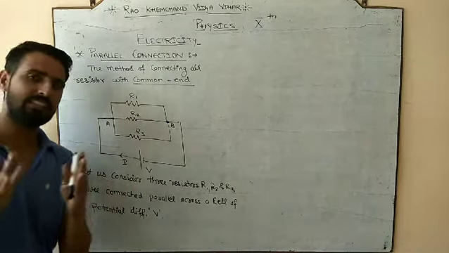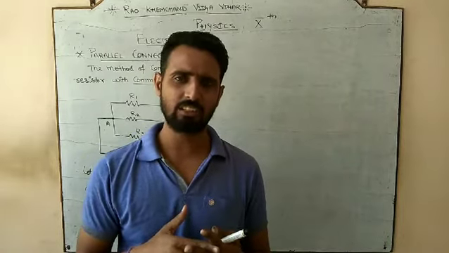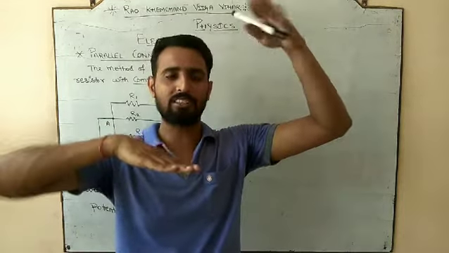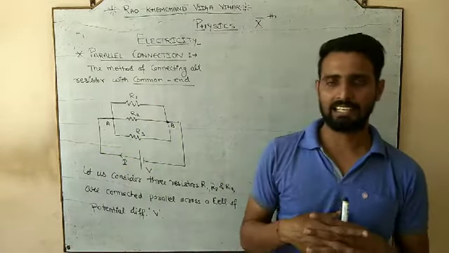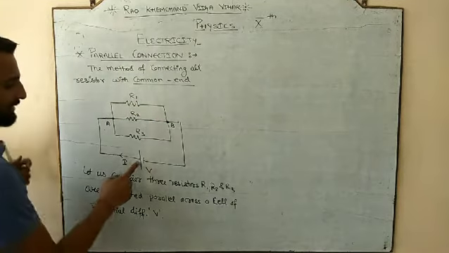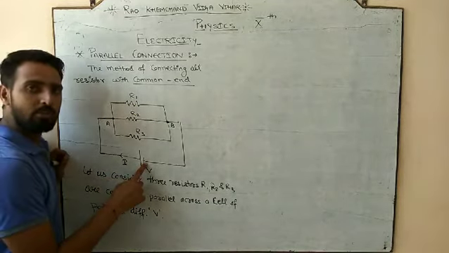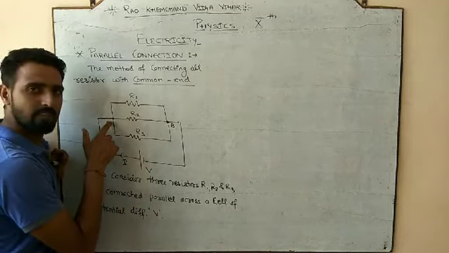So the difference between the terminals of the battery or a cell is called potential difference, because whenever there is a potential difference, one end is at higher and another end is at lower. In that case only the current can flow. So this is your higher potential, this is your lower potential, meaning positive and negative. So A and B.